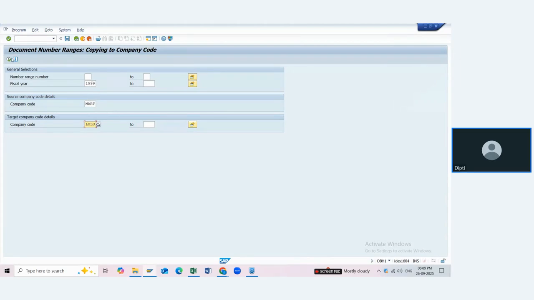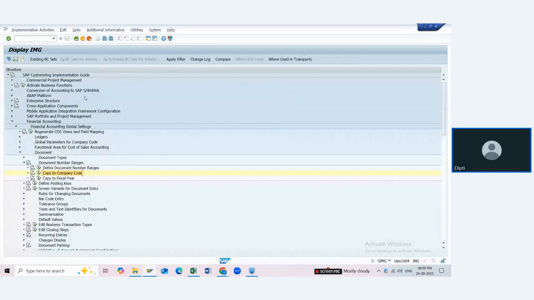after you execute, the system shows you a message: do you want to copy? We have to say yes, and then the number range will get copied for 1999 or 2021, 16, 2015, any earlier number range which is not the present fiscal year. Presently we are in 2020. So try to copy and click on the execute button. Once you click, you get a message: do you really want to save it? Say yes to that message and the number range will get added. So this is how, the first time, we copy it from another company code to our company code.